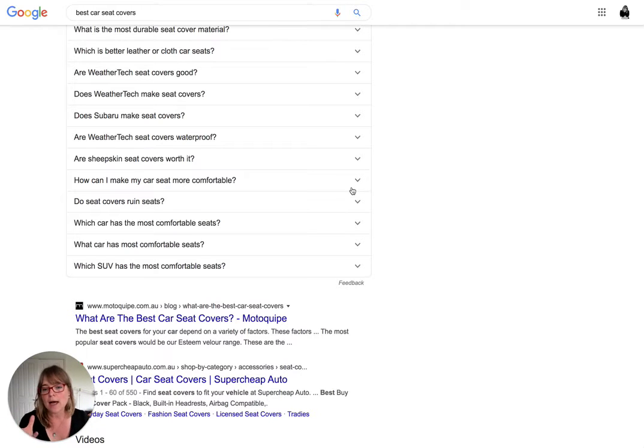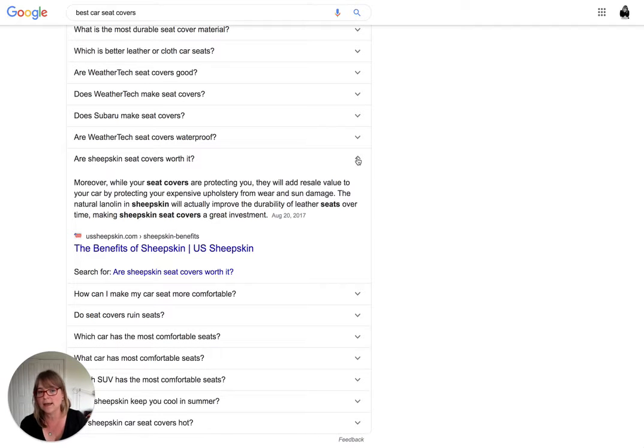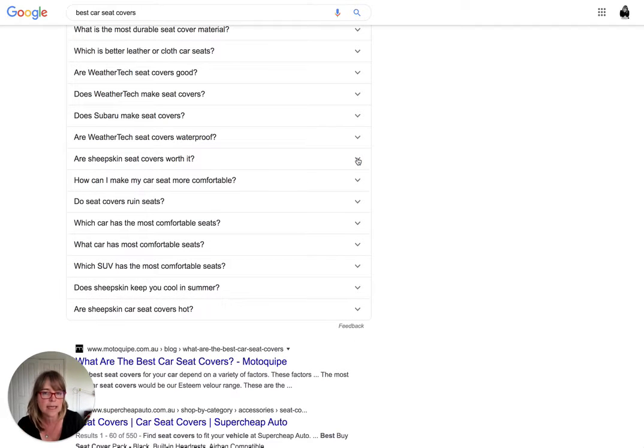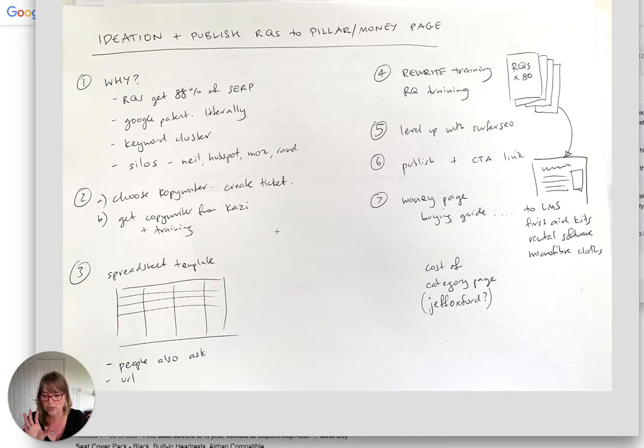So your copywriter, or whoever you get to do this, needs to know that if I didn't sell sheepskin seat covers, I shouldn't click on that, because see how it automatically finds another sheepskin one? If you don't want to sell sheepskin covers, rank for them, or put the money into that, just be careful about which ones you click on. That's one thing I learned from actually going through the process.